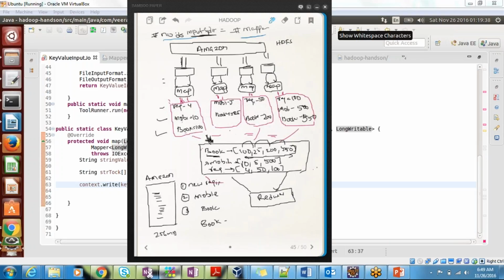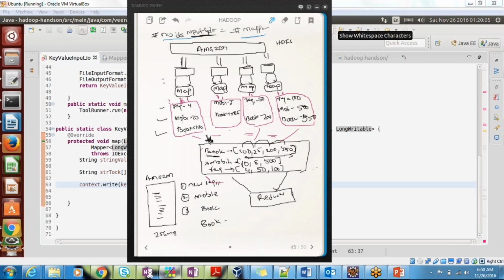Because I have written my logic to sum, because I want the total count. It can be some different logic in your reducer. In this example, we are doing a sum. It doesn't mean that a reducer is always used only for sum. No, in a reducer you can do whatever logic you want, but in this example we are taking